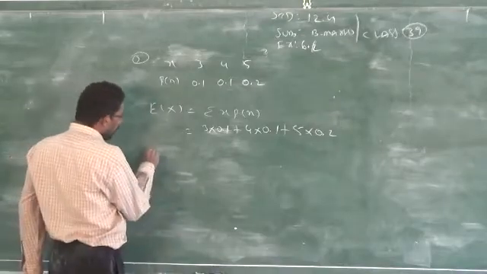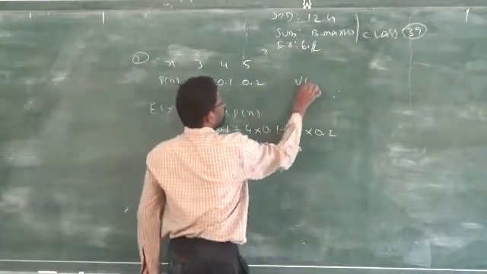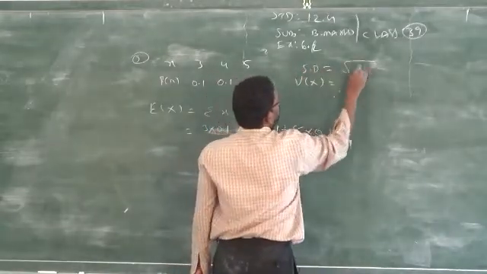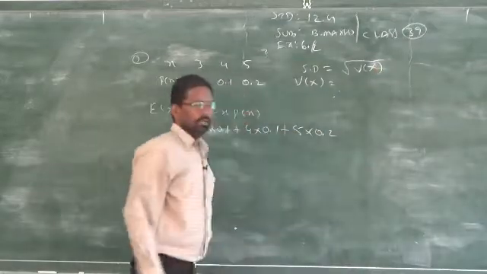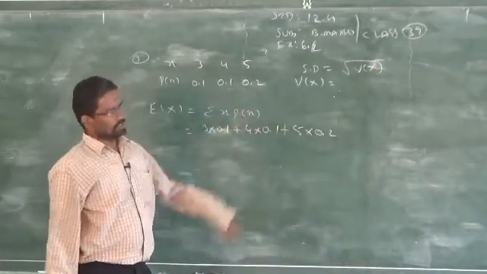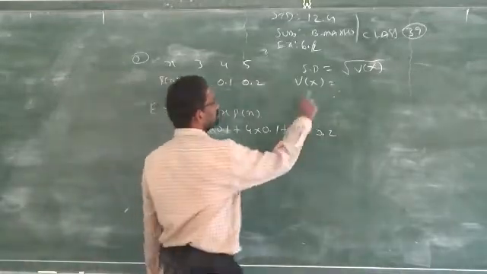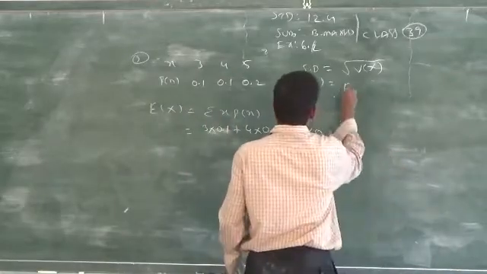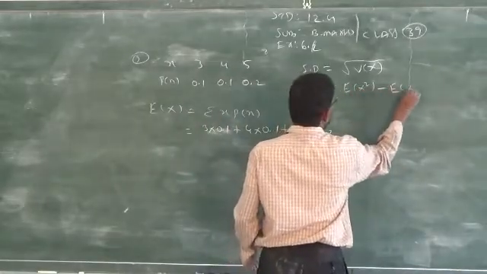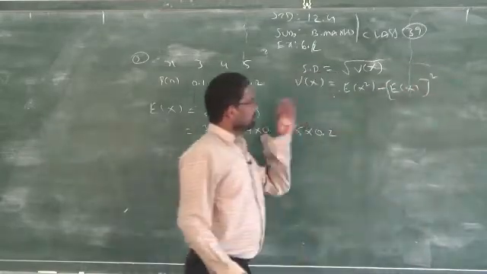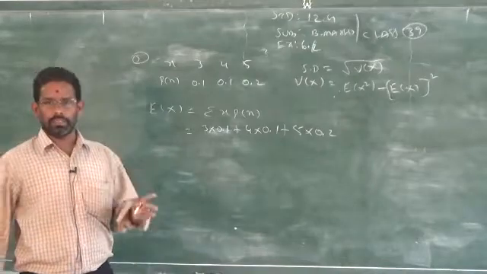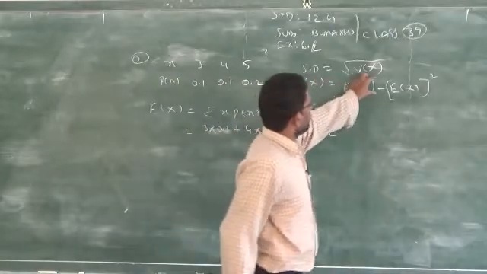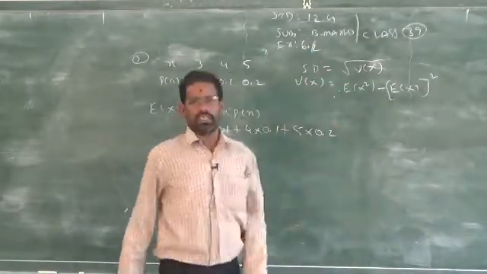Clear? So now to find variance of x, you know how to find standard deviation. Standard deviation you have to find only by using variance. This you know already in the lower class. Standard deviation is equal to square root of variance of x. What is the formula to find variance of x? For both discrete PMF and PDF it is E of x square minus E of x the whole square. So this is the formula to find variance of x for both cases, discrete random variable as well as continuous random variable. This is the common formula to find variance of x as well as standard deviation.